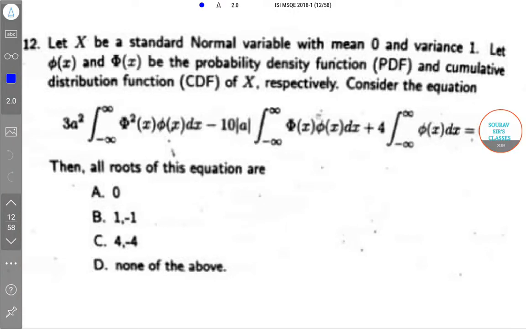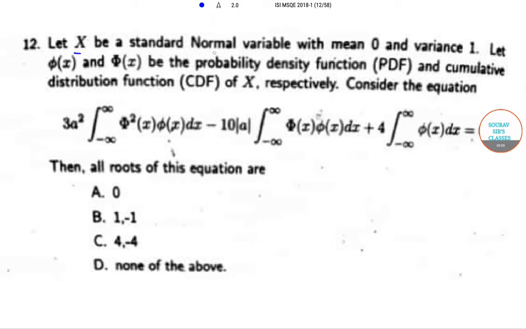The question is, let x be a standard normal variable with mean 0 and variance 1. So x follows normal distribution with mean 0 and variance 1. Let small phi(x) and capital Phi(x) be the probability density function PDF and cumulative distribution function CDF of x